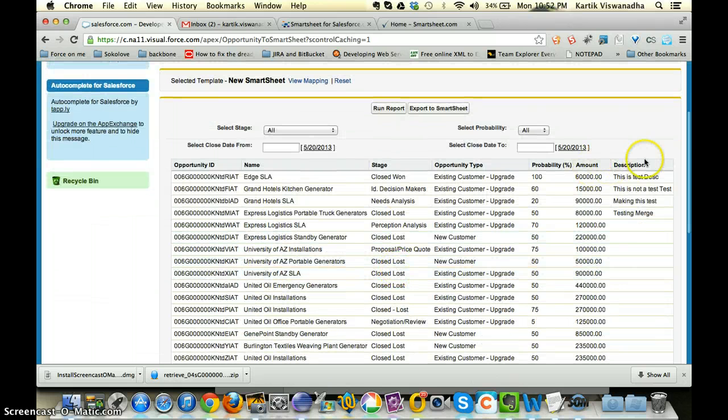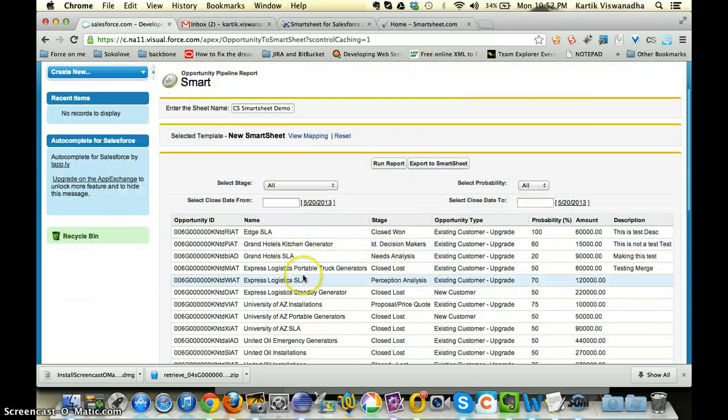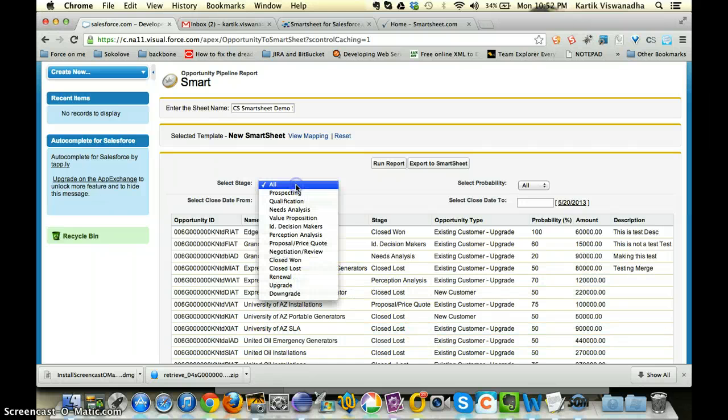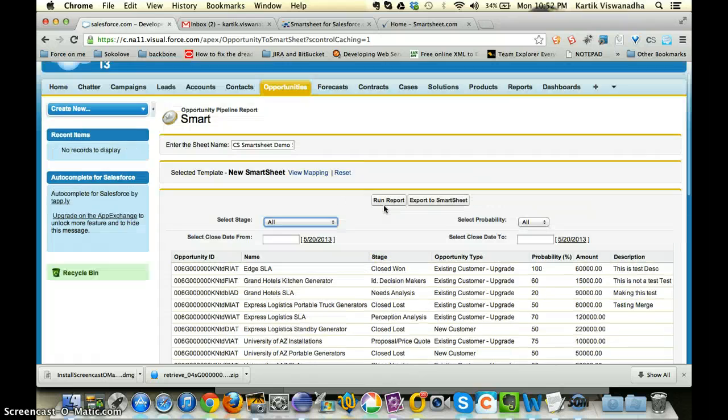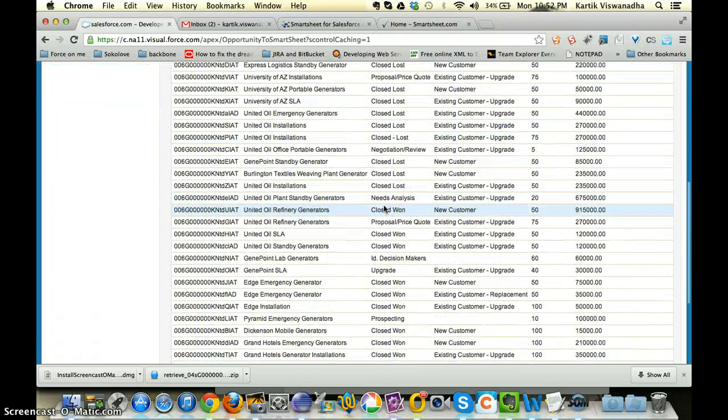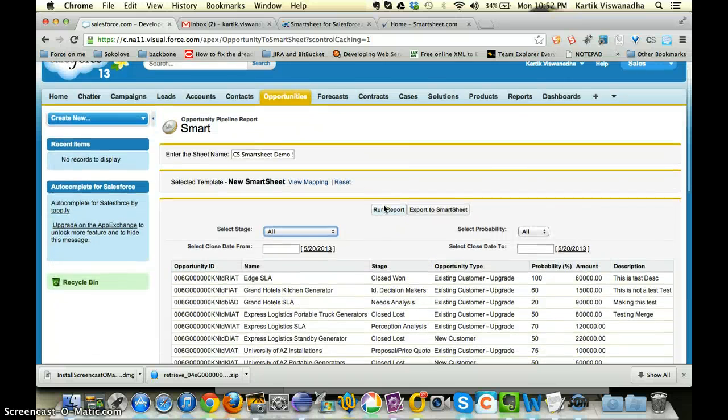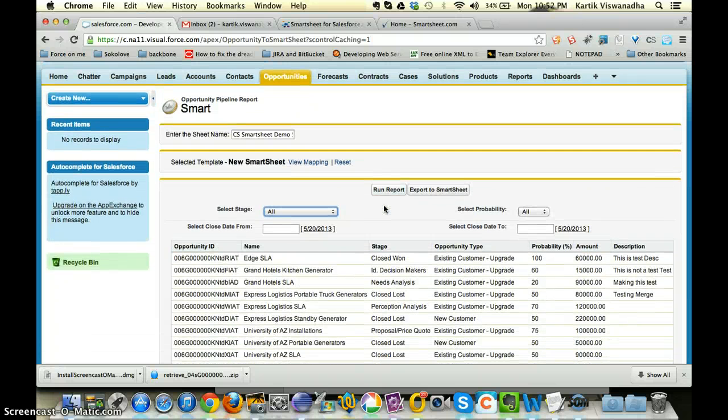You can see that the amount and description fields are added, and it is displaying the report, and these are all the filters that we had in the past package as well. So I'm going with the same filters. When you click on run report, there are more than 30 or 40 records. Previously it used to execute a batch job asynchronously. A batch job would run behind the scenes if there were more than 10 records because of the quality issues. But now,